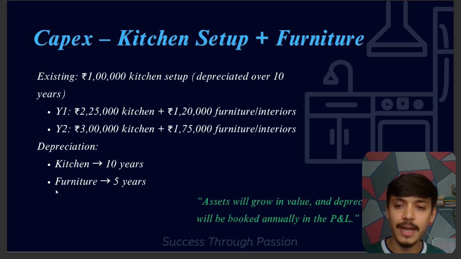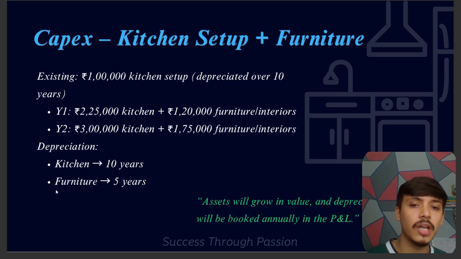We will understand that as we go through line items. So in year 1 we have 2,25,000 for kitchen spending, and we are spending 1,20,000 on furniture and interiors. This year 1 expense is going to be made in the NCR outlet where we are opening in year 1. And in year 2, when we go to Noida, we will spend 3 lakh for kitchen and 1,75,000 for furniture